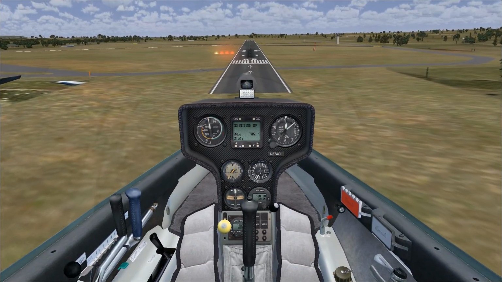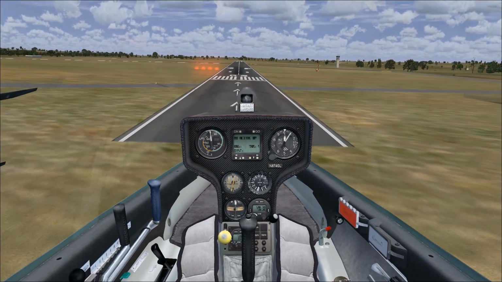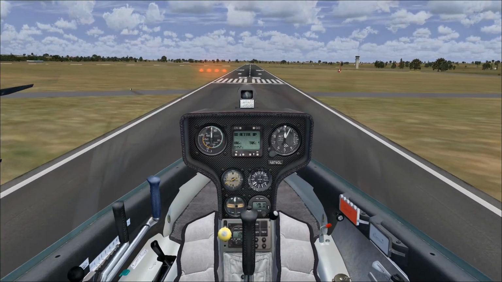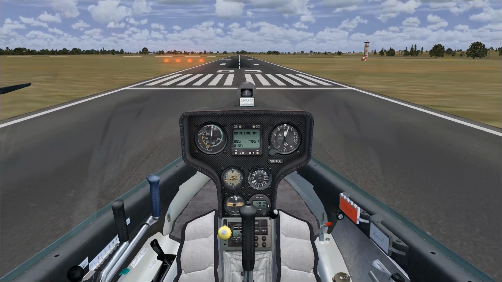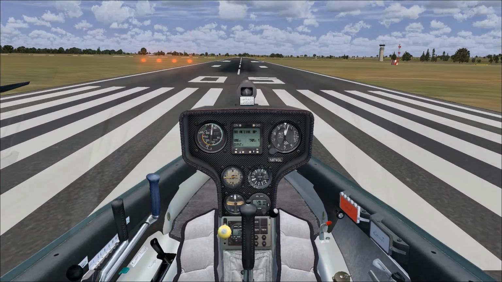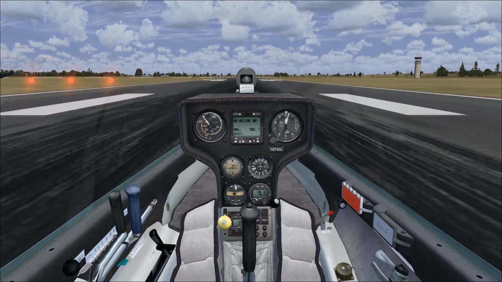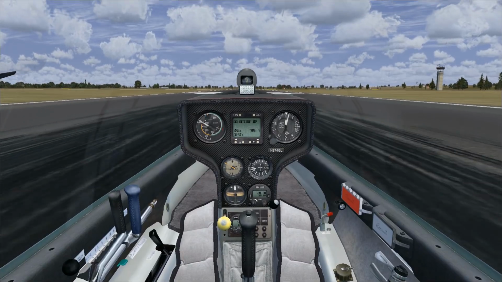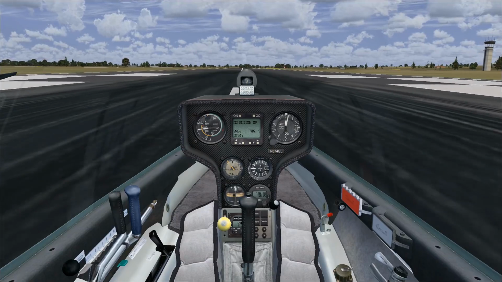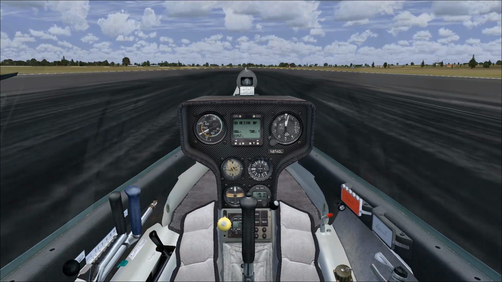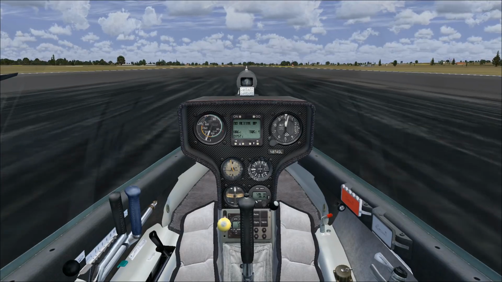So I'm going to be aiming to hit the displaced threshold. Okay, so we look like we're going to hit the main threshold now. So I'm going to put the speed brakes out again just to help myself slow down, and then we're going to flare and just hold that. Oops, that was a bit of a bad landing. Hit the tail first, but ideally you should be landing flat, so the main wheel should hit before the